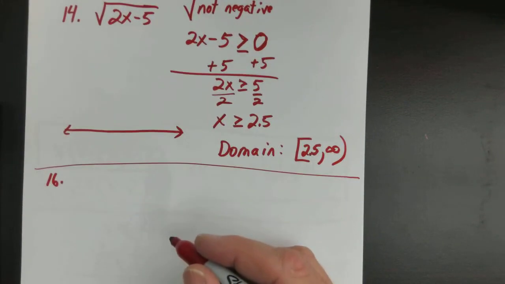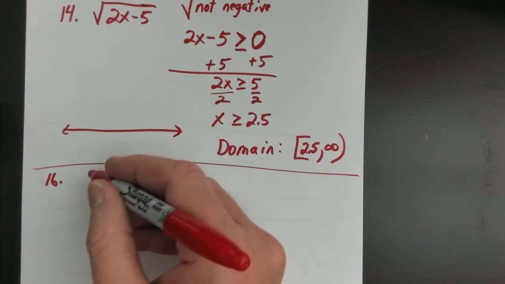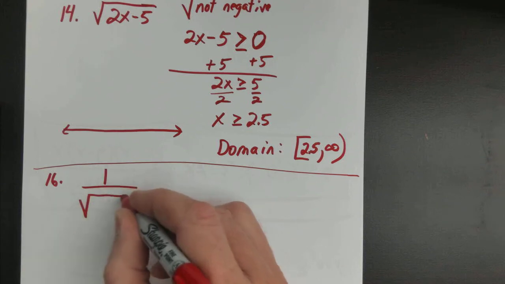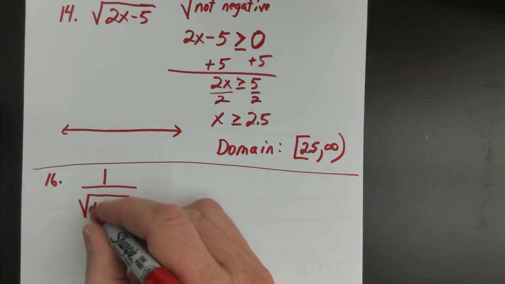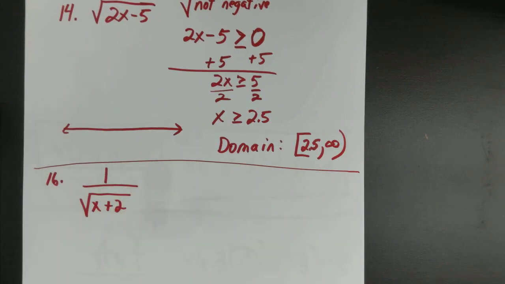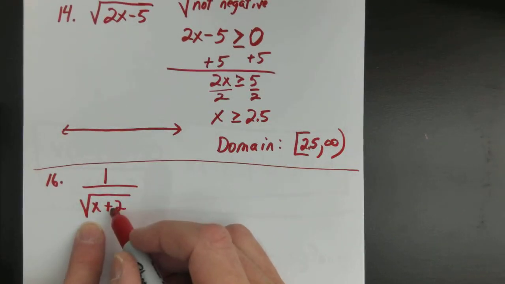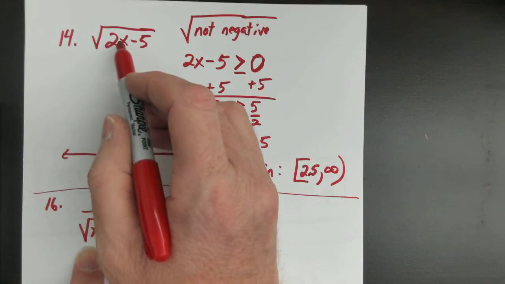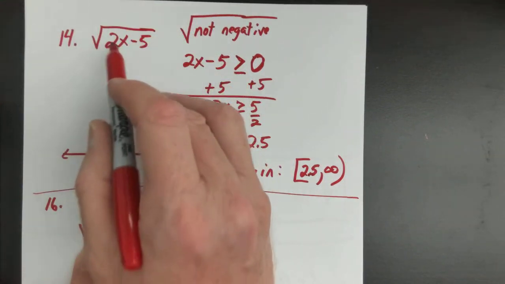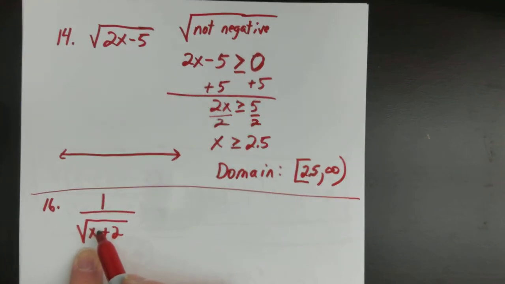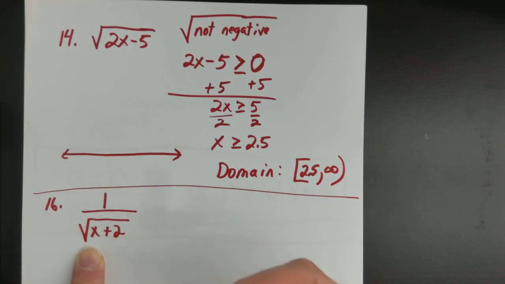On number 16. Now 16 is kind of a different kind of problem here. Okay, it's got a square root, but the square root is in the denominator. So this time, the denominator can't be 0. It's okay to be 0 up here. This is not in the denominator. We can take the square root of 0 here, but when we take 1 divided by 0, then it's undefined because of the fraction. It can't be negative,